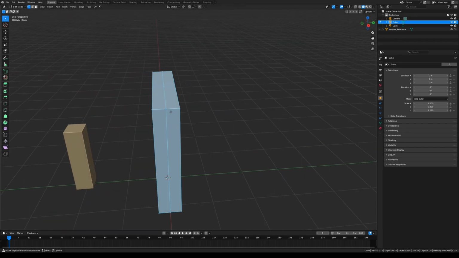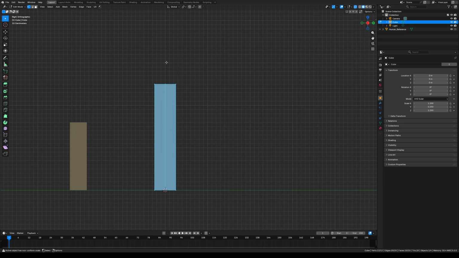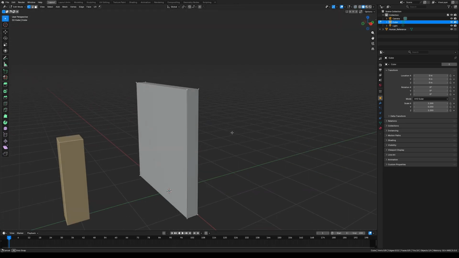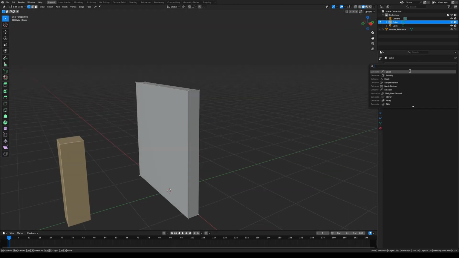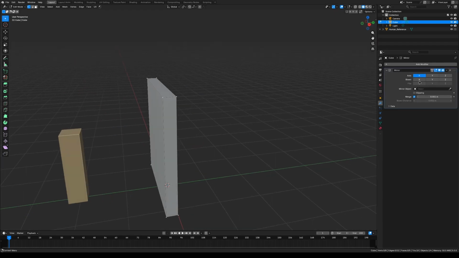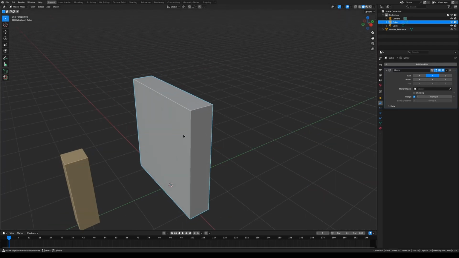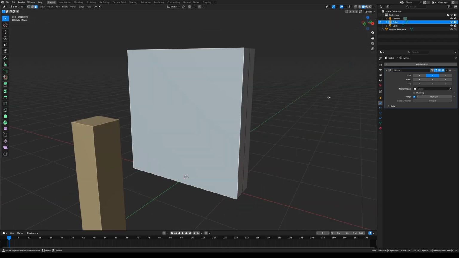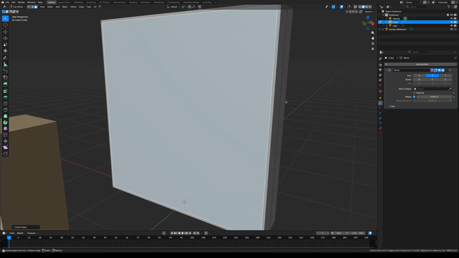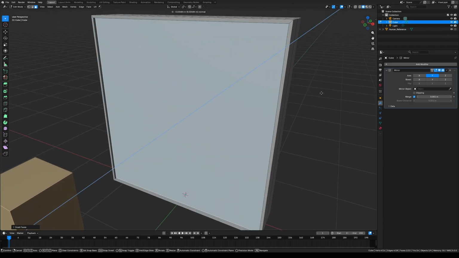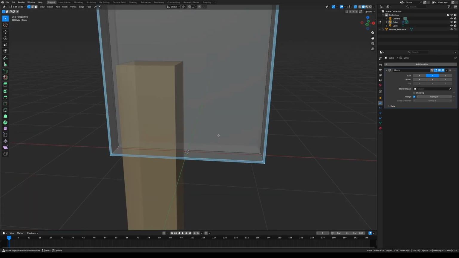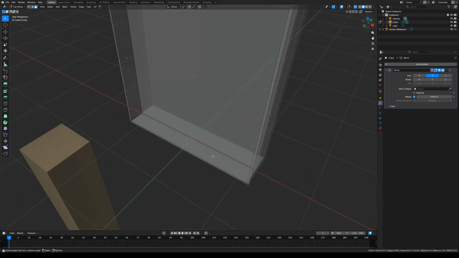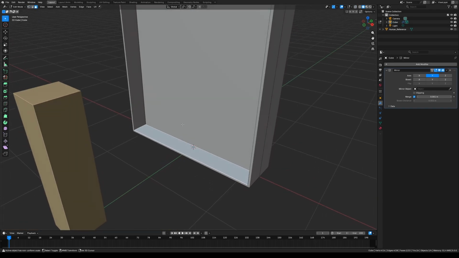Now we are going to cut half of it and add a mirror modifier on the Y side. Okay, so we just have to work on one side and the other side will be done by itself. We're going to select the face and press I. Let's have it like that. Then we can extrude it back. Then we are going to select this small face and duplicate it. Press P to separate